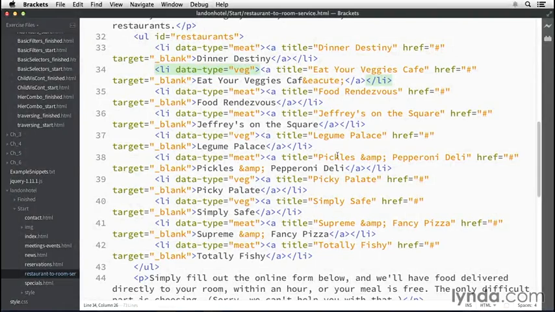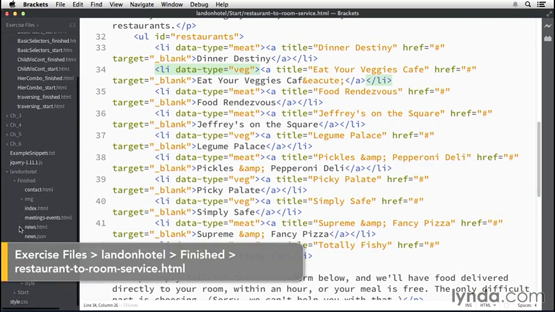Now, one of the things I want to point out is that it's not important that you got the same answer that I did, because there's many ways you can solve problems like this using jQuery. I'm just going to show you how I chose to solve the problem, and your solution may have been a little bit different. So I'm going to close the Start folder and open the Finished folder here